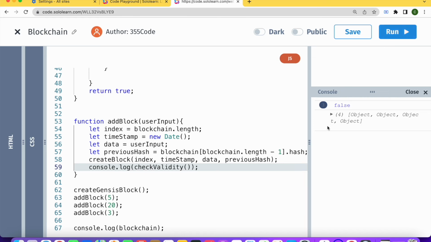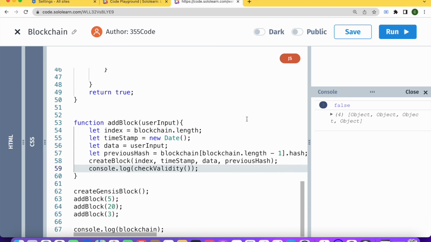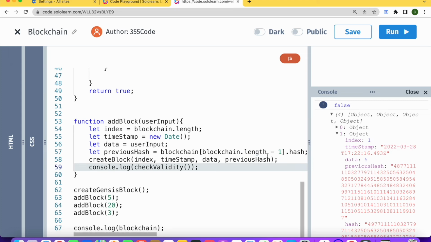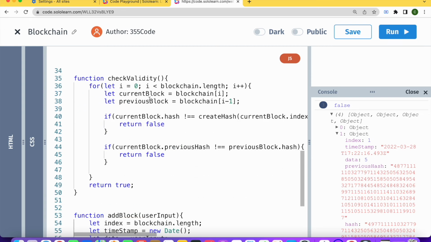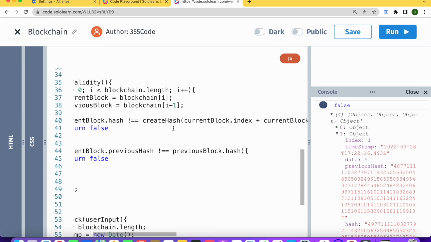So let's check the validity, and we got false, false, false, false, false. So that means that we have some kind of issue here. Let's take a look at our code and see what might have caused this bug. Okay, so we're going through the blockchain and we're checking if the current hash is equal to creating a hash,